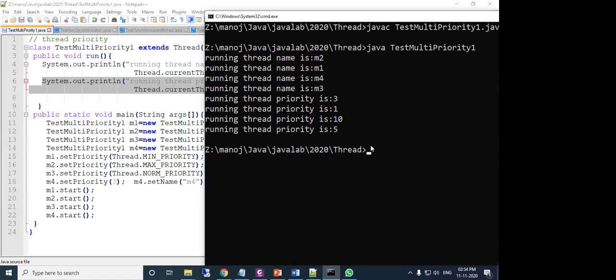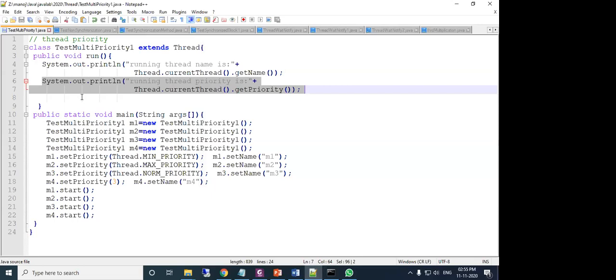Even if priority is given, the processor is not waiting, because all have arrived at the same time and try to run. If there are no restrictions, then it is not necessary that it will follow the priority. If the time slot allowed to execute is exceeded, then only it will allow others.